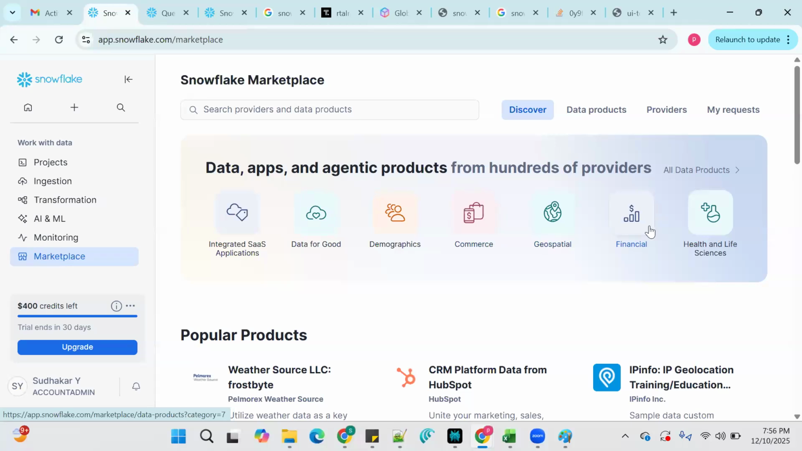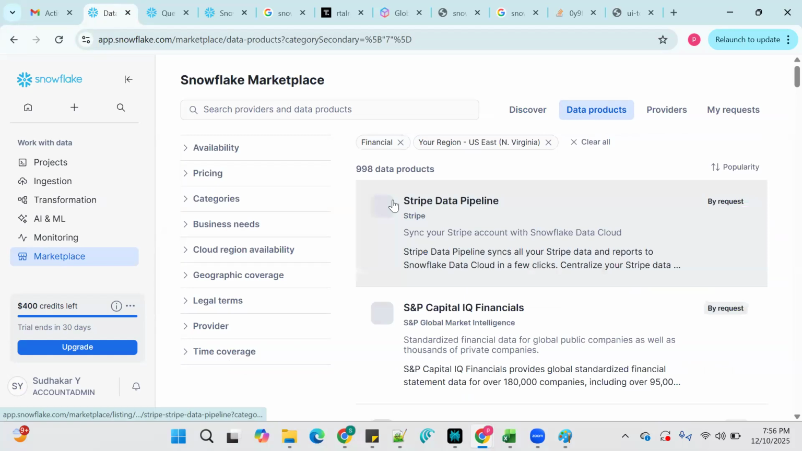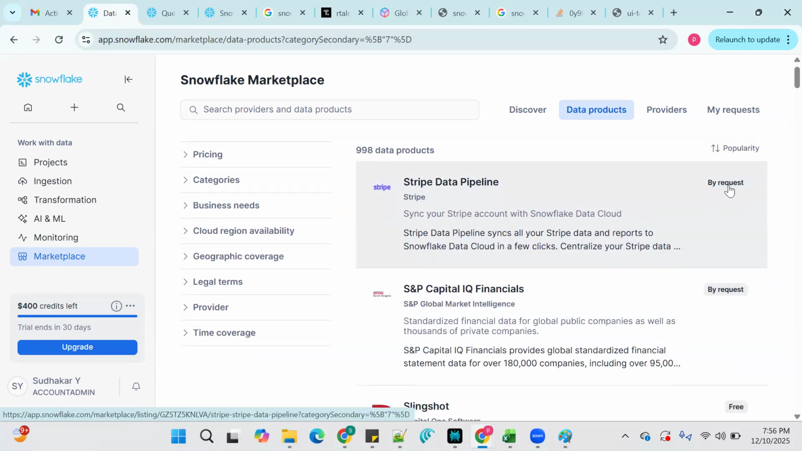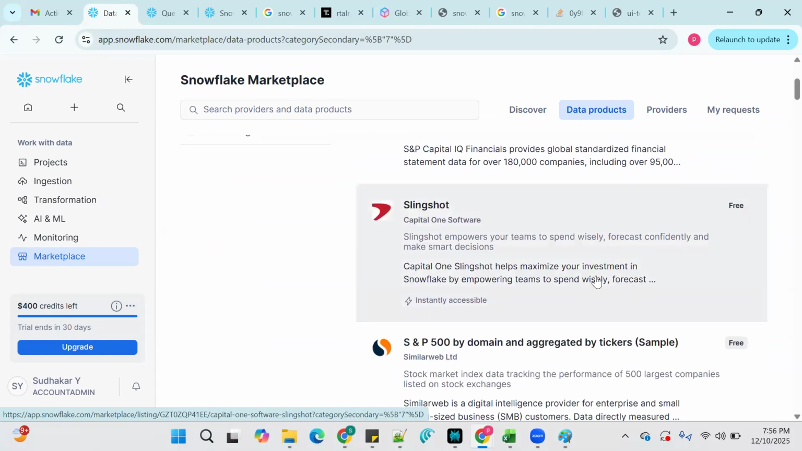For example, if I go with the financial one, inside the financial one there is a lot of data available. This data is posted by users like us, as well as a few by Snowflake, and there are some free ones and some paid ones available. For example, by request means it is paid. If you see here, this is the free one. If you click on this one,